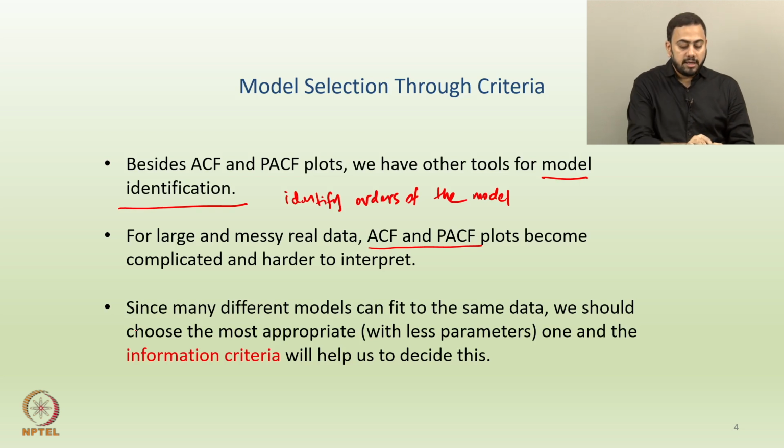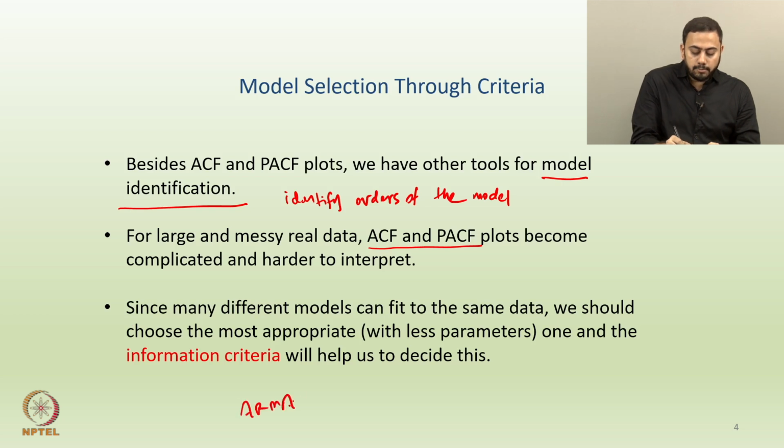Okay. And here the last point is, since many different models can be fit to the same data, right. So, let us say if you bring in some practical data, you plot the ACF and PACF. Now, based on after what lags you are seeing the cutting off and the tailing off tendencies, I can actually have slightly different models also in mind, right. For example, let us say you are seeing cutting off and tailing off tendencies after lag 2 in both the ACF plots and the PACF plots. So, one possible model in our case could be let us say ARMA 2,2, right.